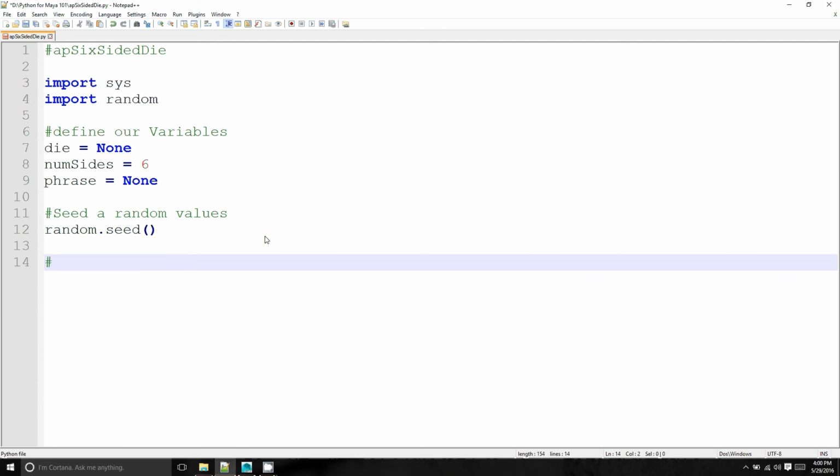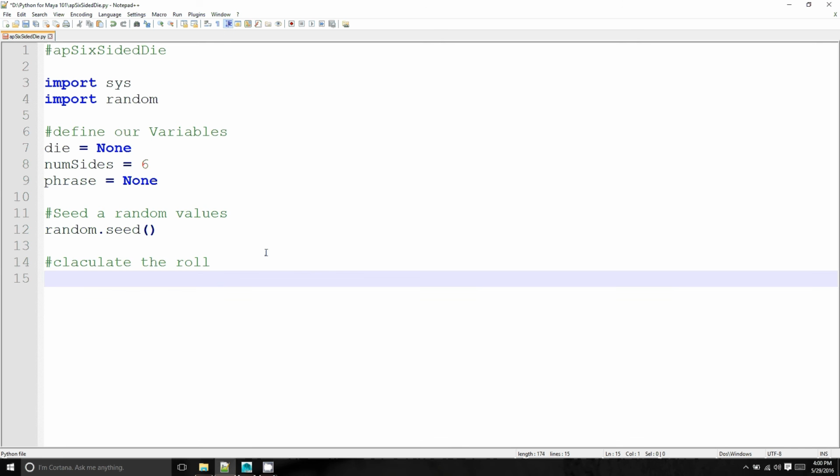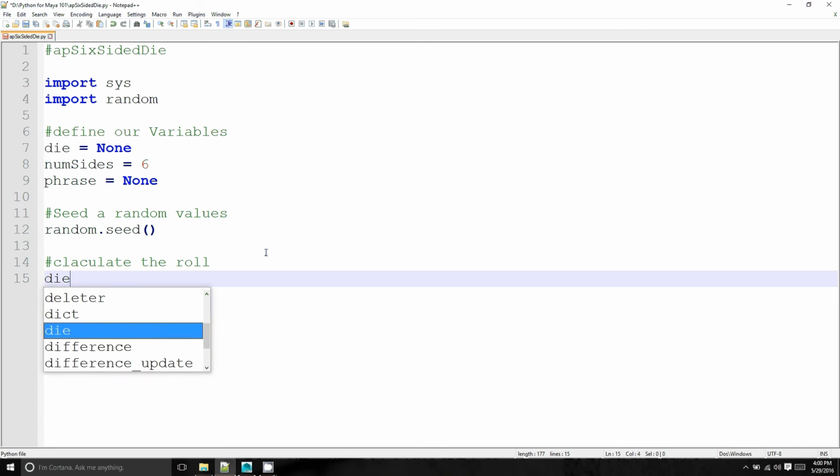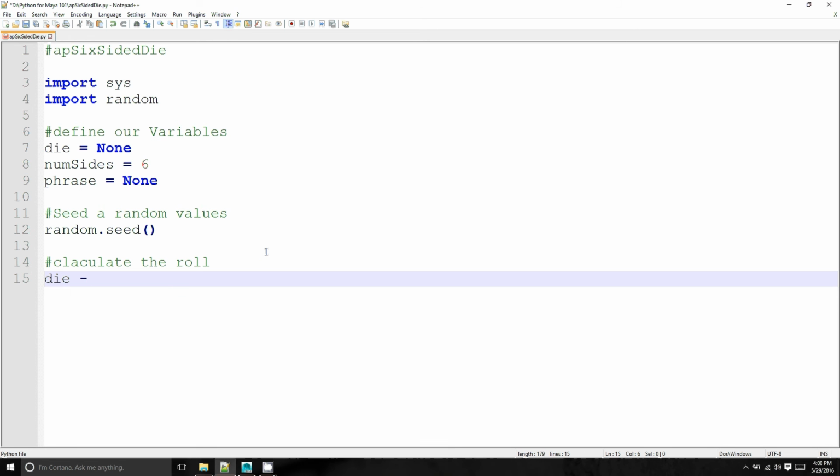Now we want to be able to calculate the roll. And basically, here's where we're going to get the die value. So die is going to be equal to a, oops, that's a minus. Let's fix that. Equal to random dot randrange, and